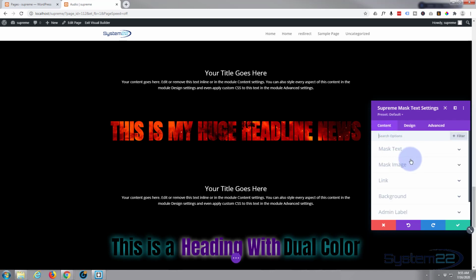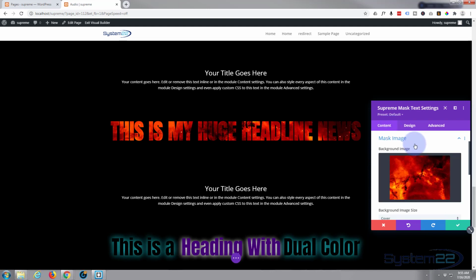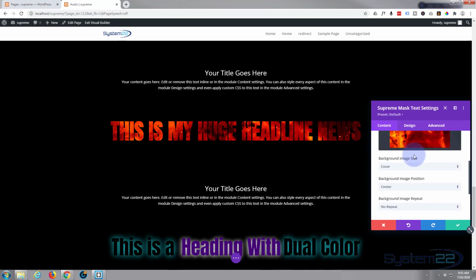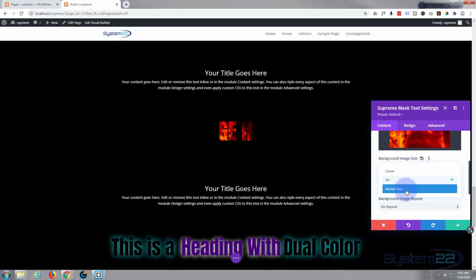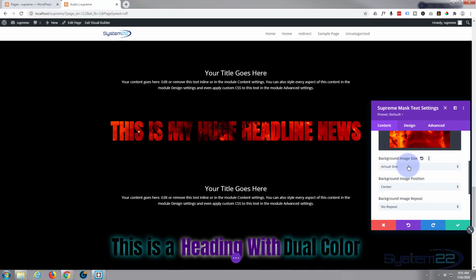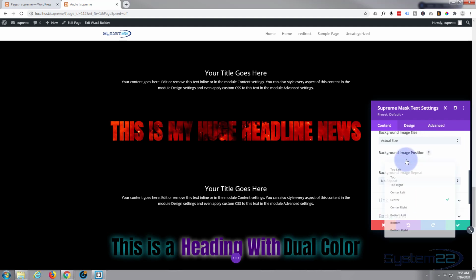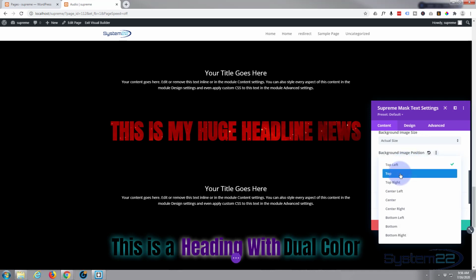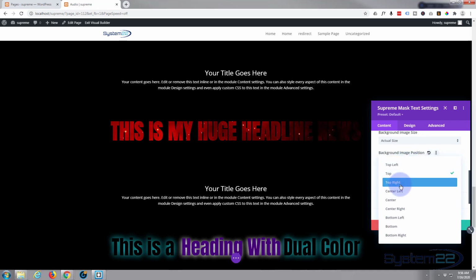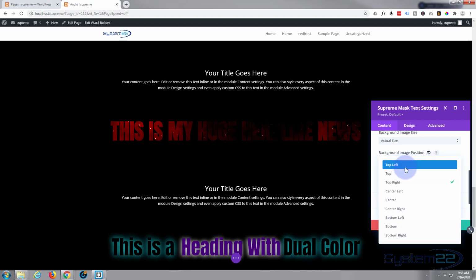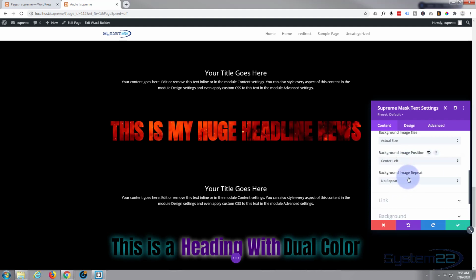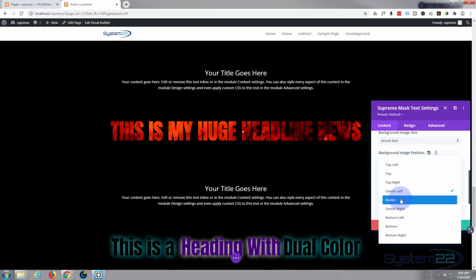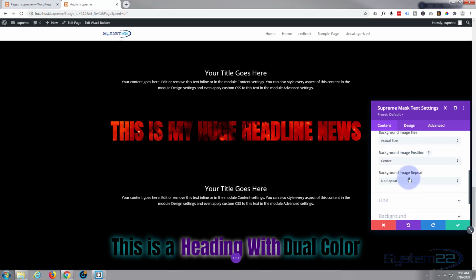But we can adjust the position of our image. If we go back to content, to mask image, go down, you can decide whether it wants to cover, fit, or the actual size of the image itself. You can also decide whether you want it top left, not too bad, top right, center left, it's not too bad, center, that's not bad either,